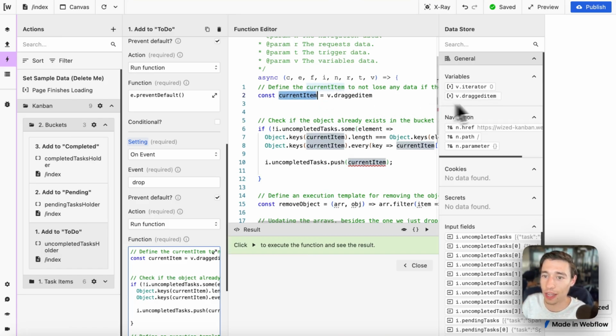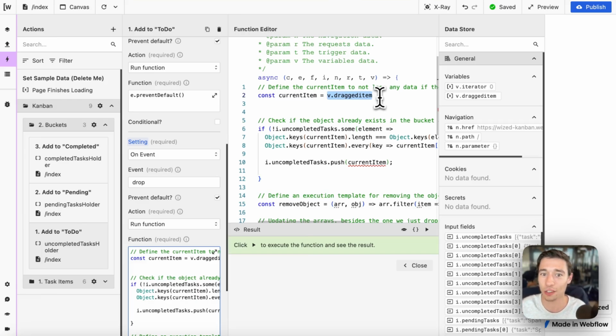Because we have an action that we actually clear this variable out. Because this variable basically is helping us to identify which data is currently being dragged. But the moment we release it, we're going to lose that data. So the first thing before we're going to do anything with the data, we want to save it. And the way we can save this data before another event happens is doing const current item, and we're going to have this equal immediately before we start anything on drop, before we have any time that we can lose anything after it was released, because the drop event happens before the release event,